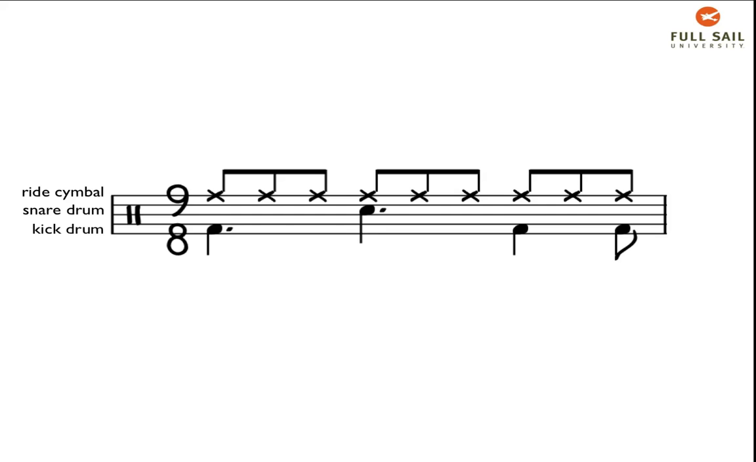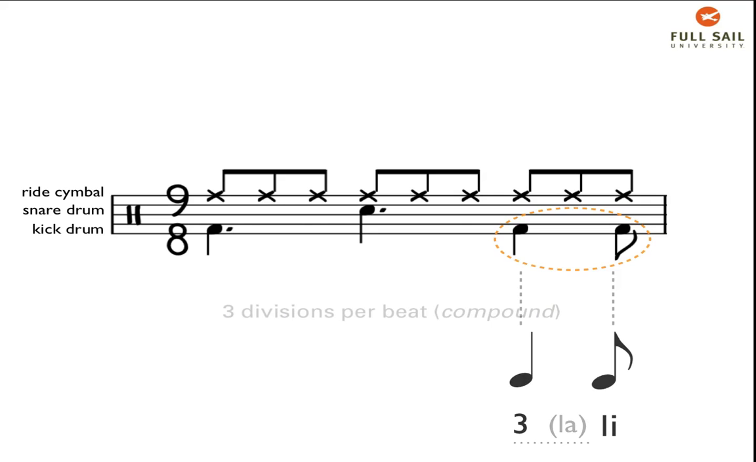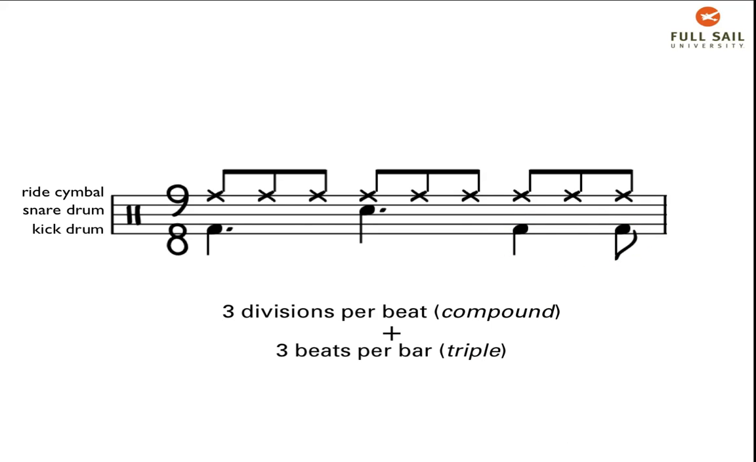Take a look at what the kick drum is going to play on beat 3. Beat 3 is being split up into a quarter note and an eighth note. Since a quarter note is equal in value to 2 eighth notes, the quarter note would take up 3 and la, and the eighth note would fall on li. Since there are 3 divisions per beat and 3 beats per bar, the 9/8 is referred to as compound triple